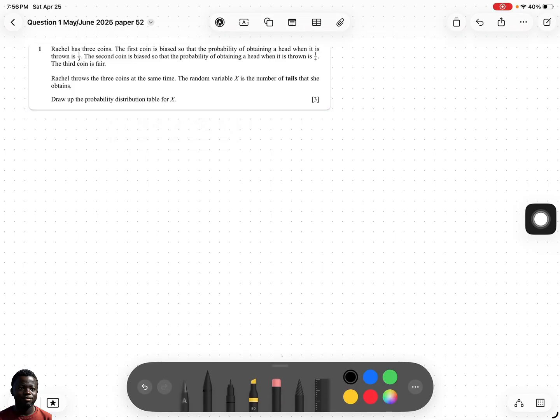From the question we were told that the probability of obtaining the head for the first coin, so let's call the first coin C1. Now with C1, the probability of obtaining a head